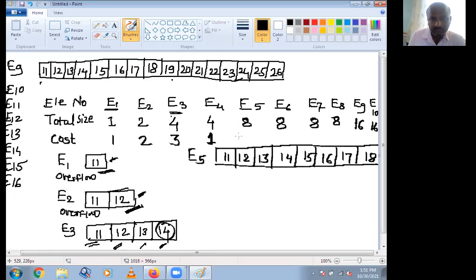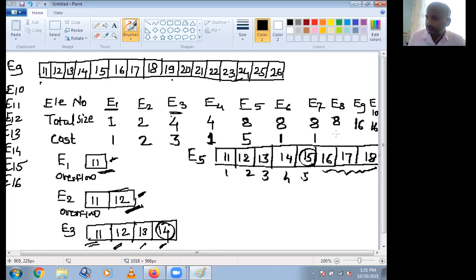While entering the fifth element, cost is 5. Sixth element, here you have entered the fifth element, cost is 5. See, first, second, third, fourth, and fifth. And these 3 spaces are empty. Whenever you are entering the sixth element, you can directly enter, cost is 1. For seventh, cost is 1.